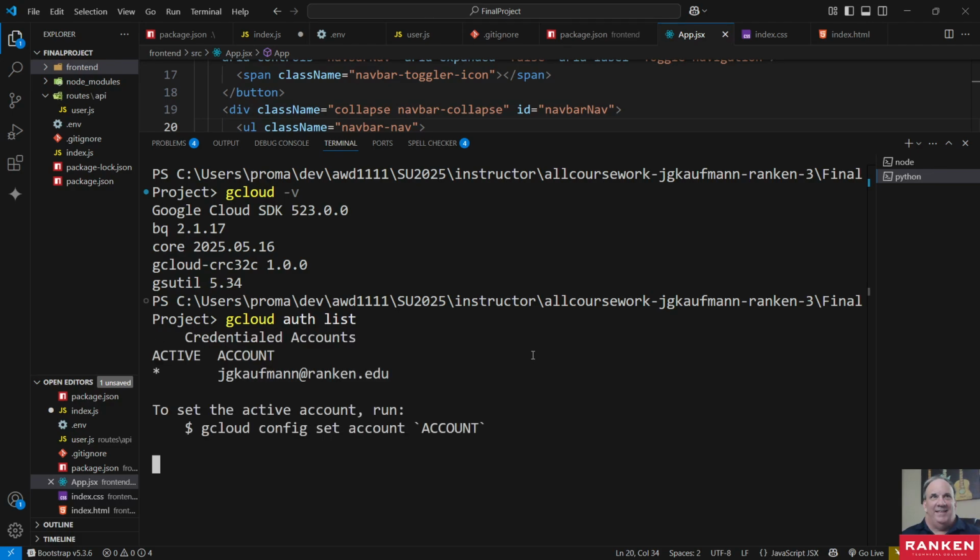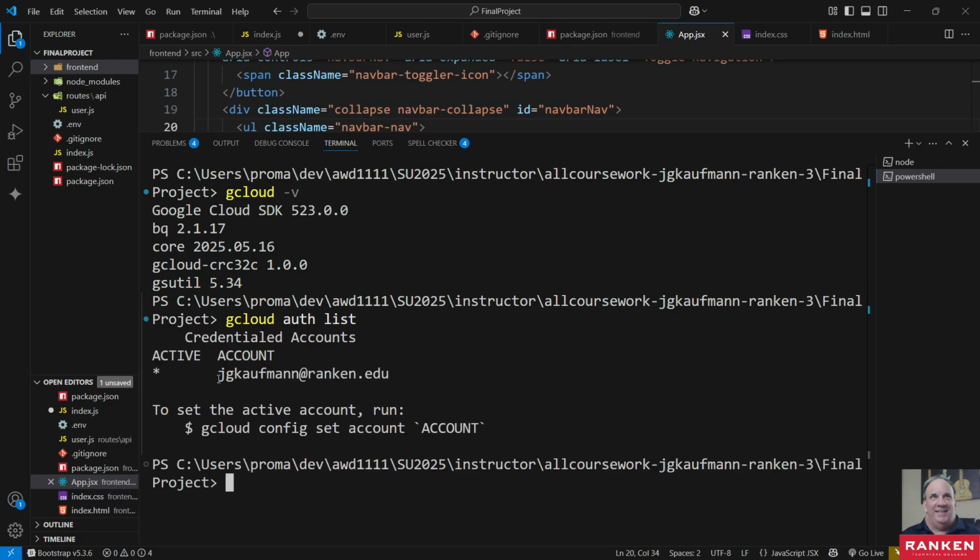When you run this, it shows you your active account. This is going to be your account that's on your console, right? So if that is not what you expect it to be for some reason, if that's not reflective of the Google account you expect it to be, you can run, let me grab this one here,